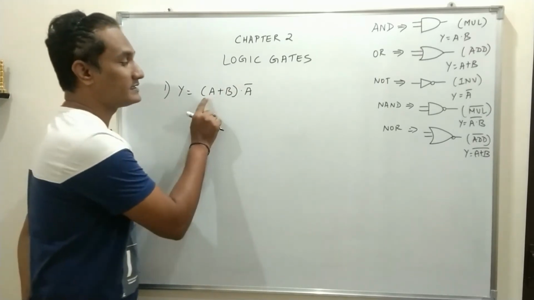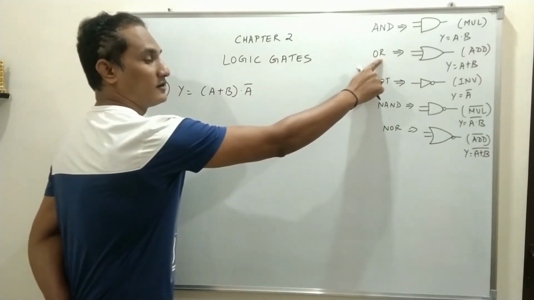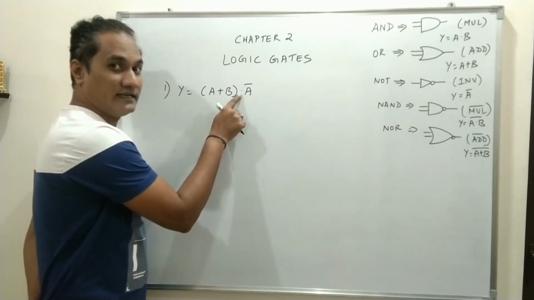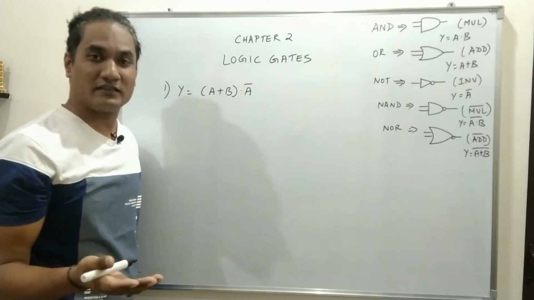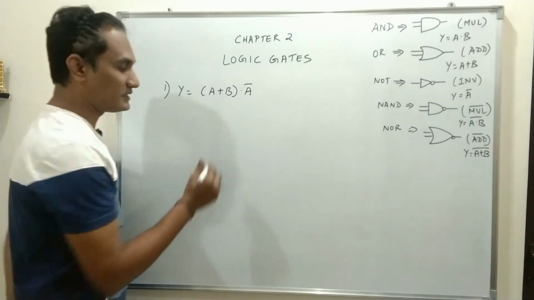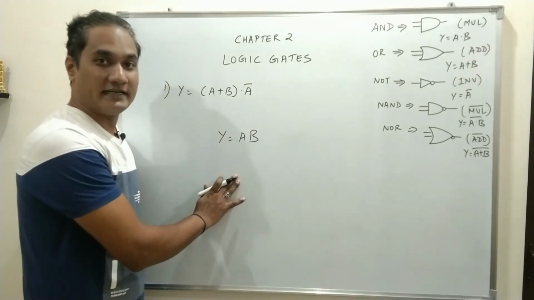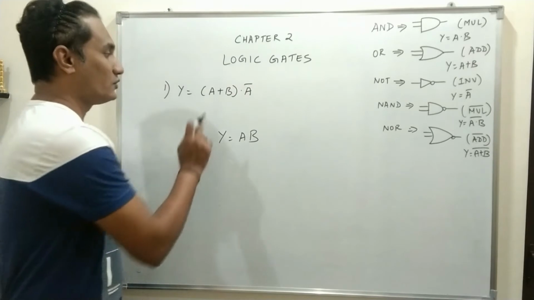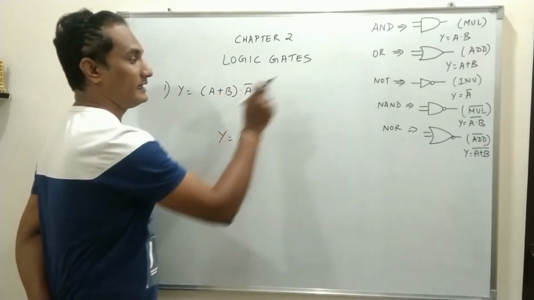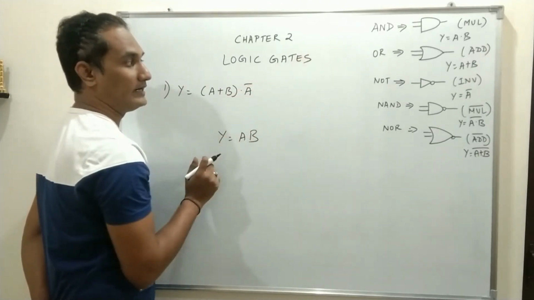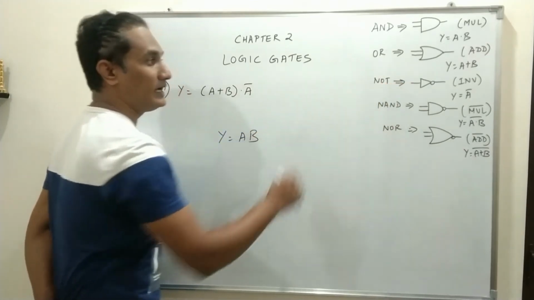Of course, what you can see is in this equation you have a plus sign. Plus sign indicates OR operation. Dot sign is there. Dot sign indicates AND operation. Sometimes it will specify the dot, or even if the dot is not specified, if the equation is like this, A, B, it means AND gate. So this equation has a plus sign, which means an OR gate, a dot sign, which means an AND gate, and a bar over a variable A, and the bar sign is indicated by a NOT gate.